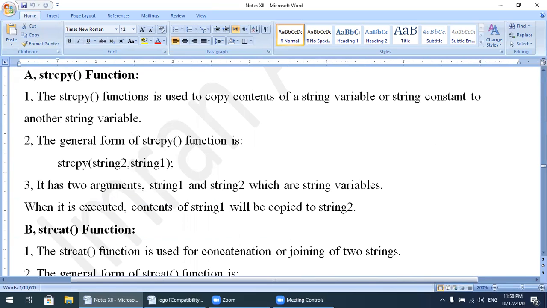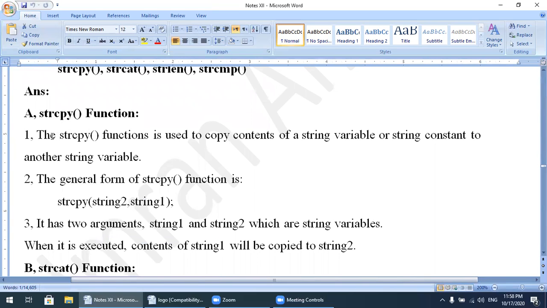First one is the string copy function. The string copy function is used to copy the content of a string variable or string constant to another string variable. Let's say in our program we have two strings and we want to copy one string into another one, then which function will we use? Then we can use the string copy function. How can we write the string copy function in our program? The general form of the string copy function is